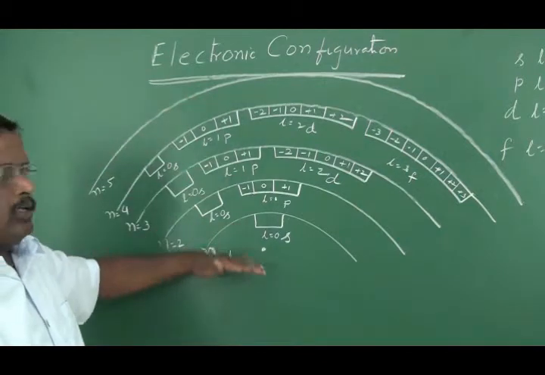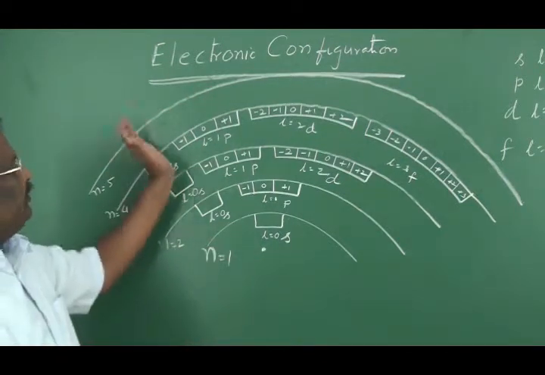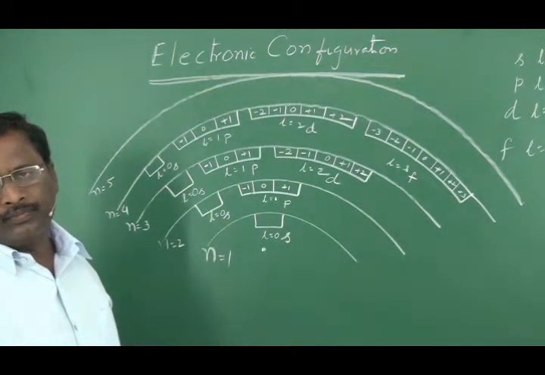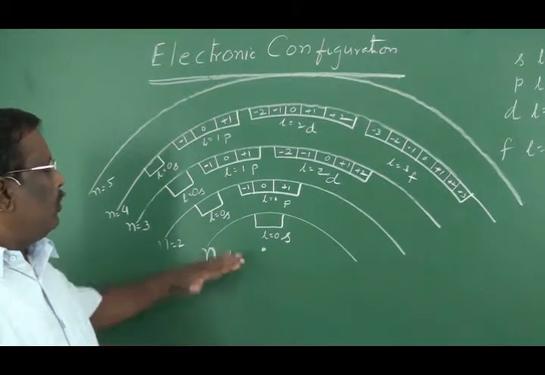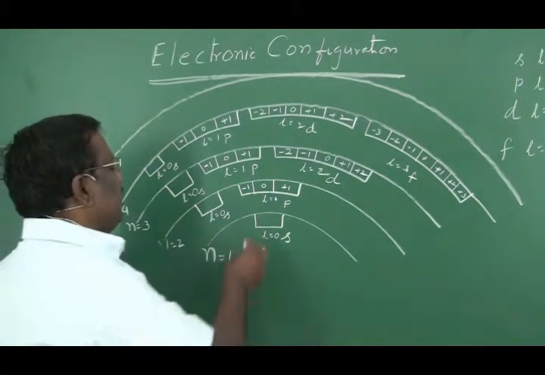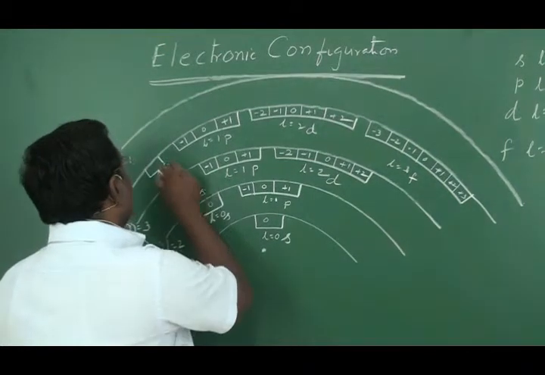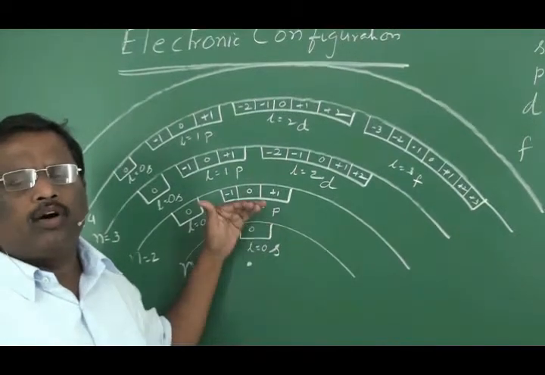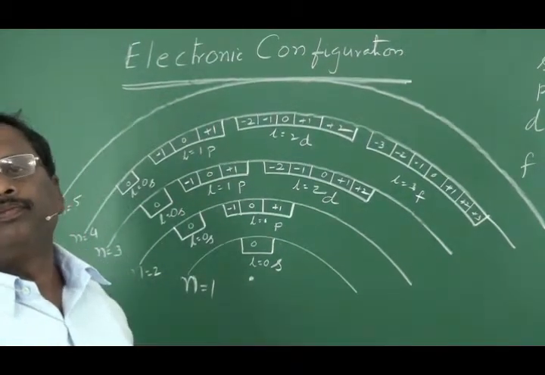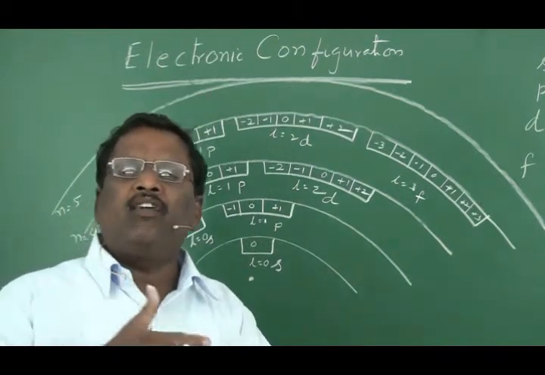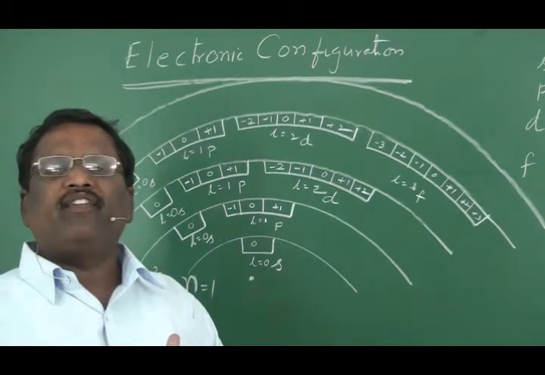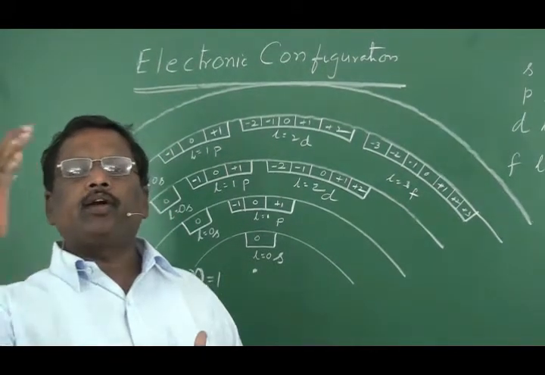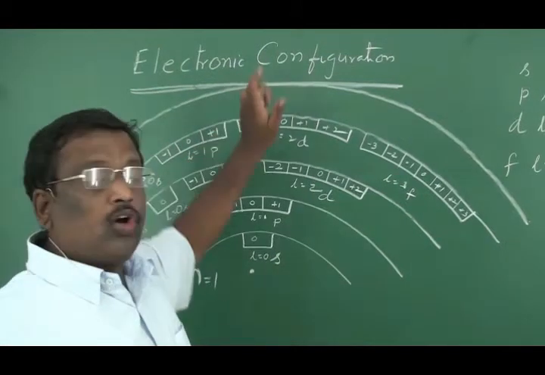So this is the scenario. In fifth energy level, similarly we have 5 sub-energy levels. Now, when electrons are entering these orbitals, they will follow certain rules while filling up of these orbitals. The filling of electrons in different atomic orbitals, or the arrangement of electrons in different atomic orbitals, is called electronic configuration.